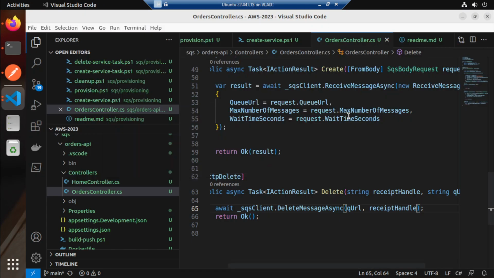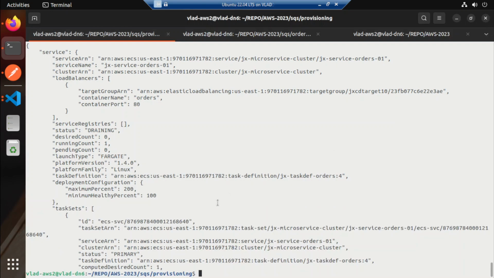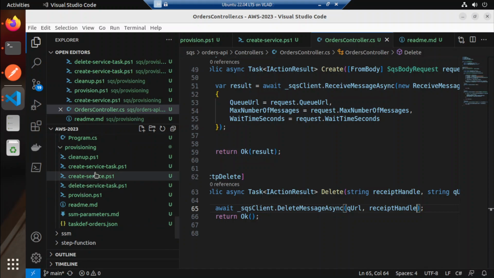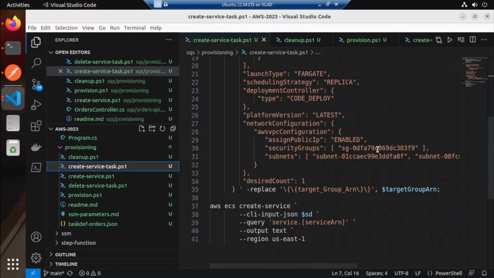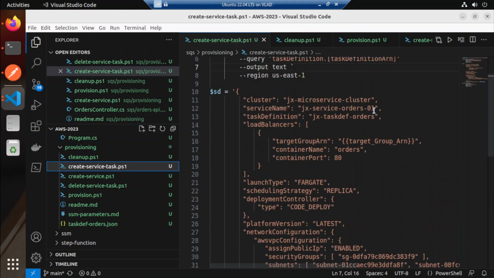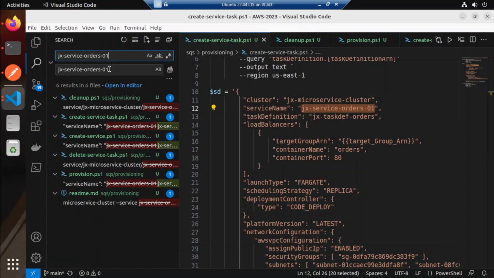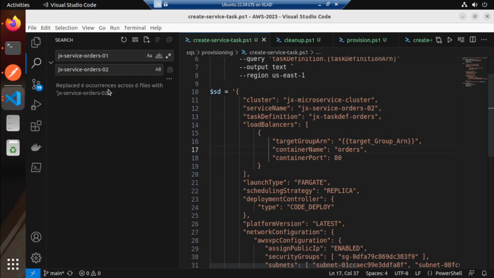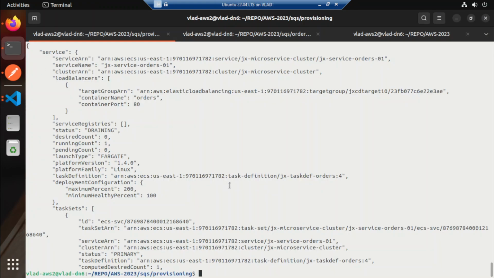So because it's draining and we don't want to wait, we want to go to the create service and we want to change this from 1 to 2 and then replace all, and then